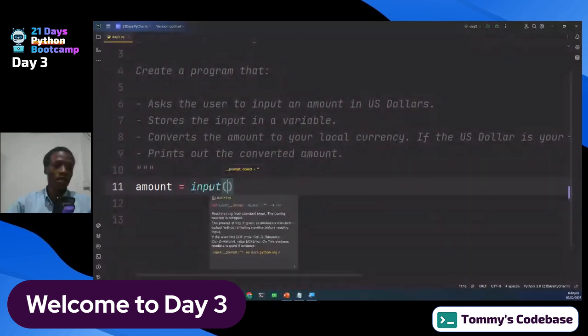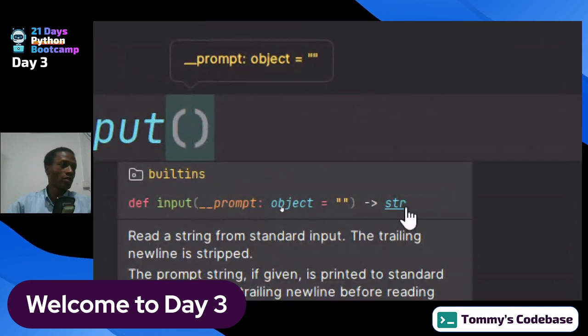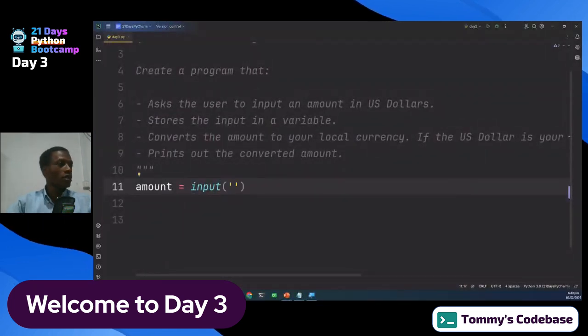I remember I told you the last time. When you put your cursor on it, it will tell you that it returns a string. I remember I mentioned this one. And so you can now say in here maybe, enter the amount